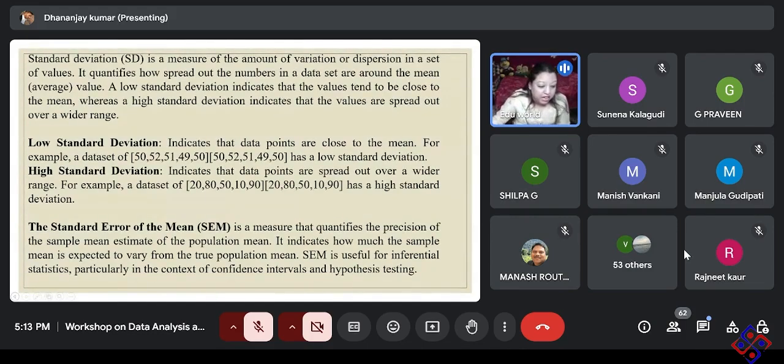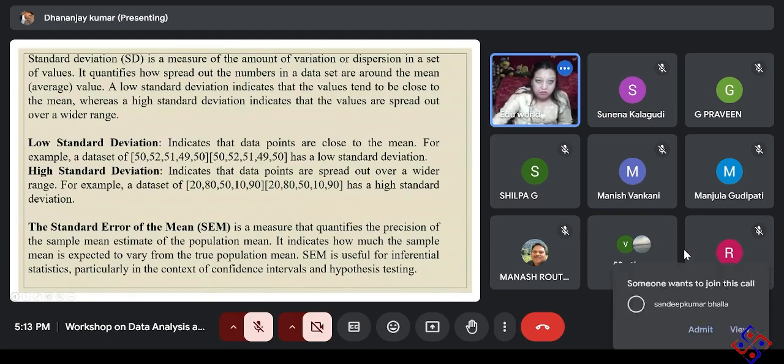Now we are coming to the standard error of mean. Standard error of mean is a measure that quantifies the precision of the sample mean as an estimate of the population mean. It indicates how much the sample mean is expected to vary from the true population mean. So, like, if your population mean is 40,